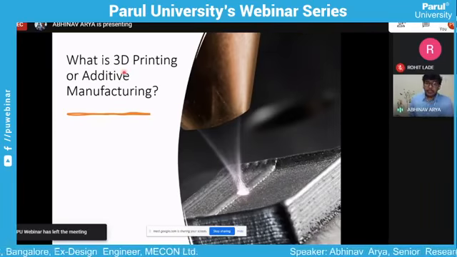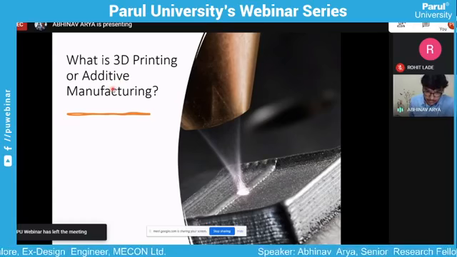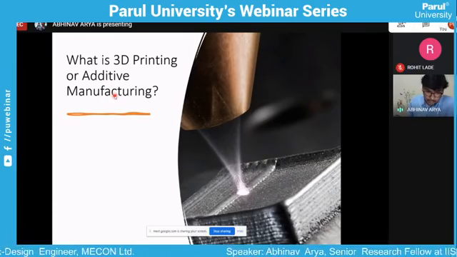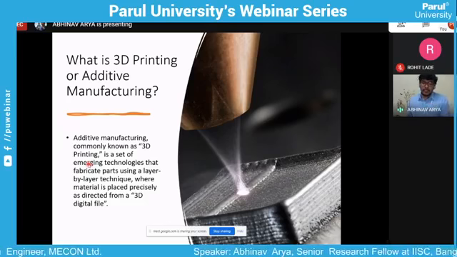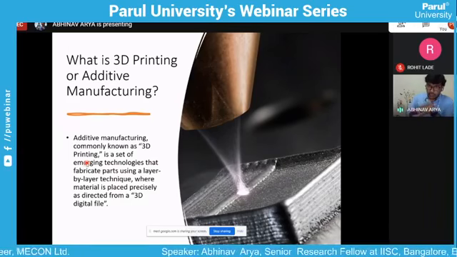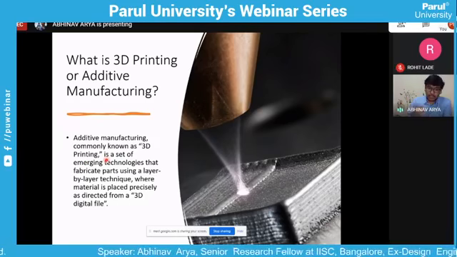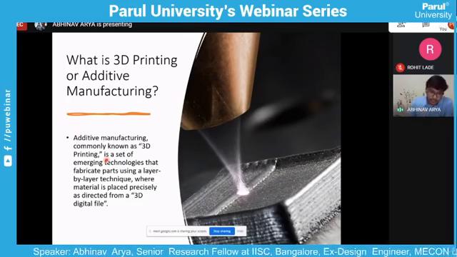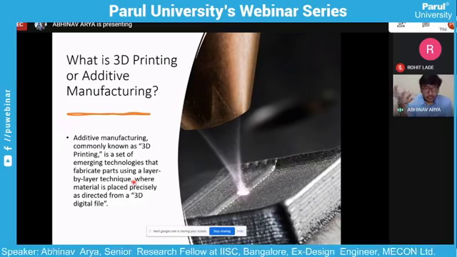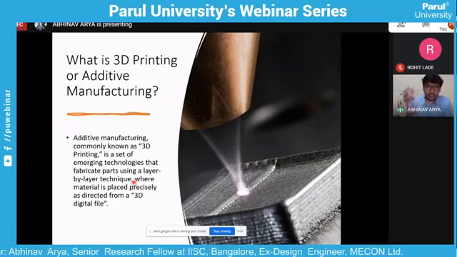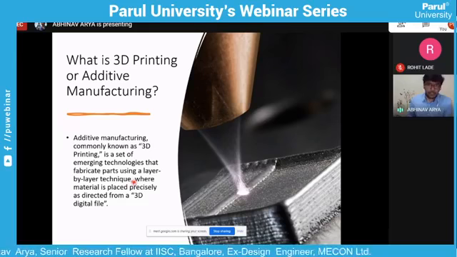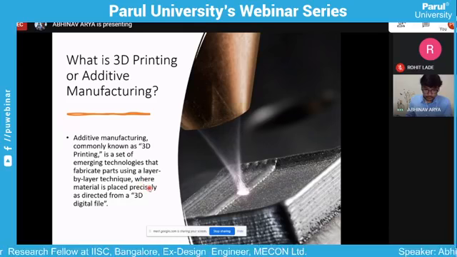So then comes 3D printing, which is also known as additive manufacturing. So what is additive manufacturing? Additive manufacturing, also known as 3D printing, is essentially a set of different techniques which are used to fabricate a material or a component layer by layer. So it is like printing a material or a component layer by layer. It is called 3D printing, where we use a digital 3D model from a CAD file or CATIA, and then layer by layer we fabricate our material.